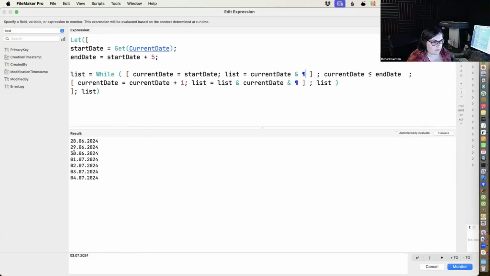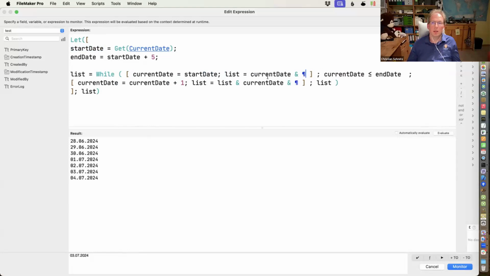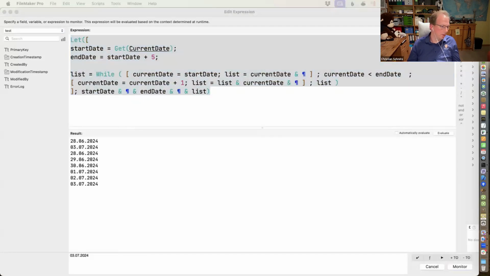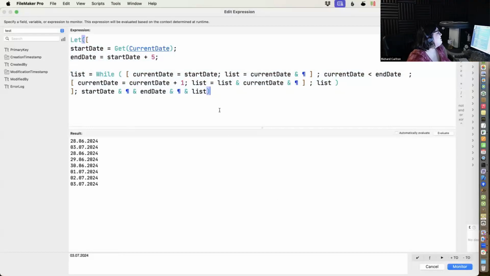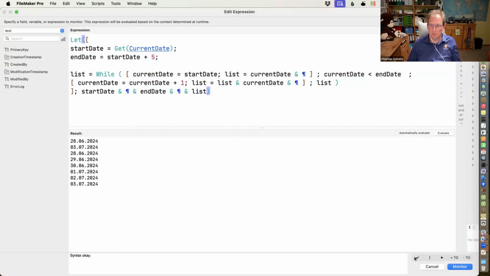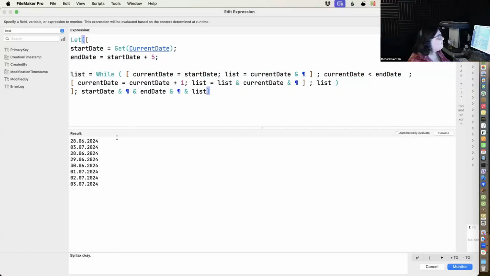Smaller than, so it's now from start date. So let's say start date and end date, so from 28 to... yeah. So let me copy it in the chat. There you go. Slick and speedy, and real life that's okay. A FileMaker function by the creation.